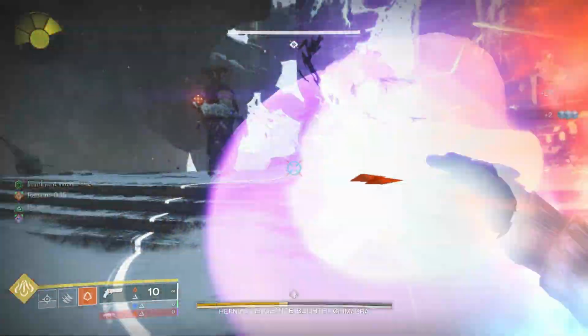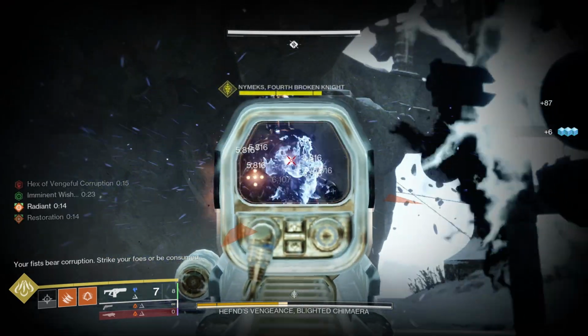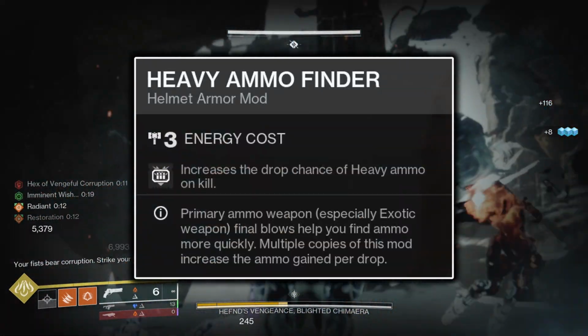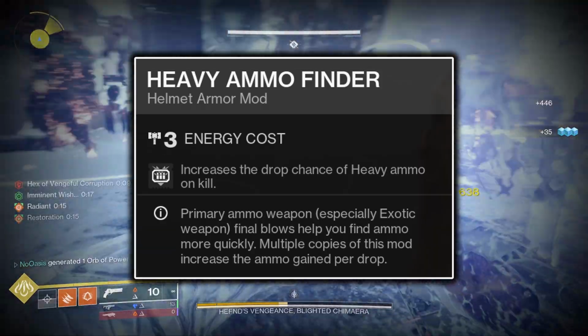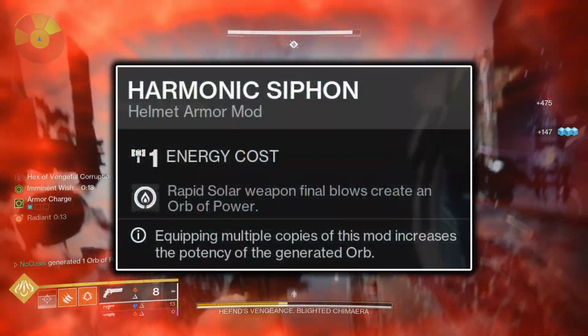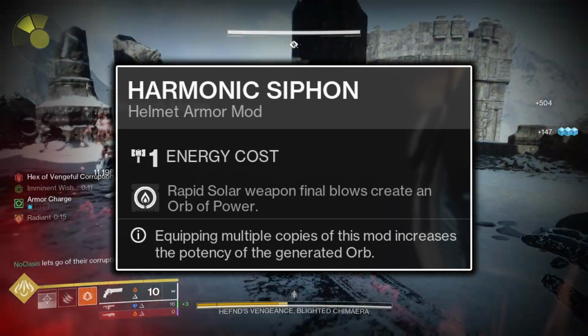If you want, you could swap out one of the hands-on mods in favor of a heavy ammo finder mod, but ability kills don't progress the ammo finder counter, so keep that in mind if you choose to use an ammo finder. The Harmonic Siphon mod will cause multi-kills with your solar weapons to summon an Orb of Power, which